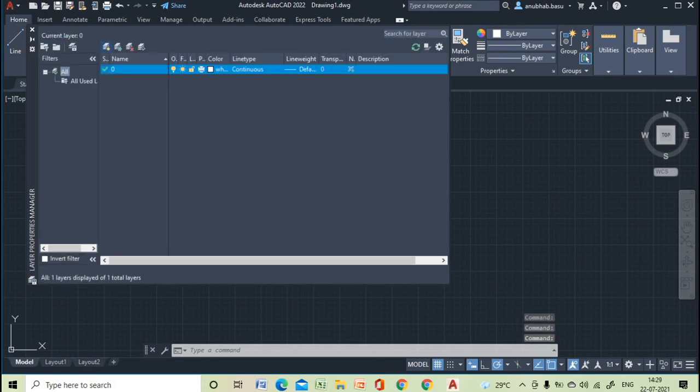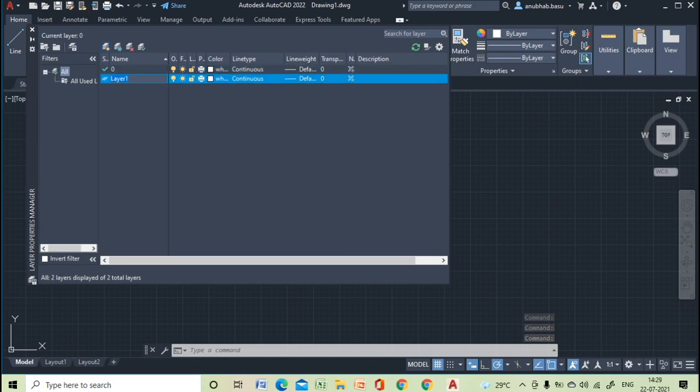One layer I'm creating, that will give us the continuous thin line of a bolt.